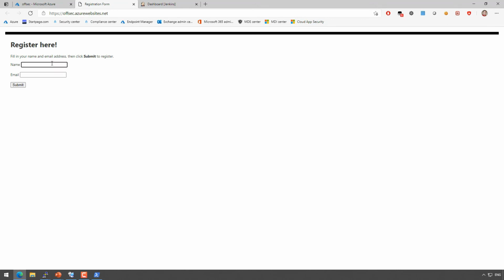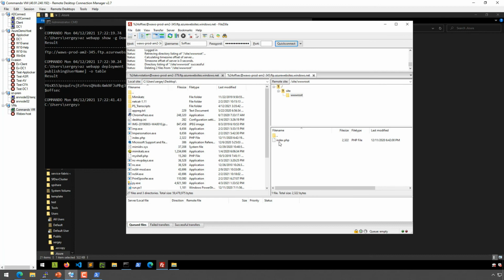So let me just take a look. If I say I'm a user, let's call myself Michael, let's say my email is msmith, whatever.com, and let's say submit. This is working, so it's working with the database. The application is working. Now let me jump back to my FileZilla,